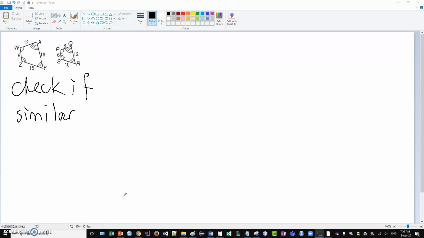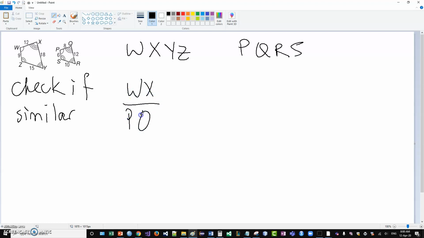Now for our last example, we want to check if these polygons are similar. If we look at this, angle W is congruent to angle P, angle X is congruent to angle Q, angle Y is congruent to angle R, and angle Z is congruent to angle S. If that's not enough, we need to make sure that the sides are proportional. So let's look at the sides. WX over PQ,